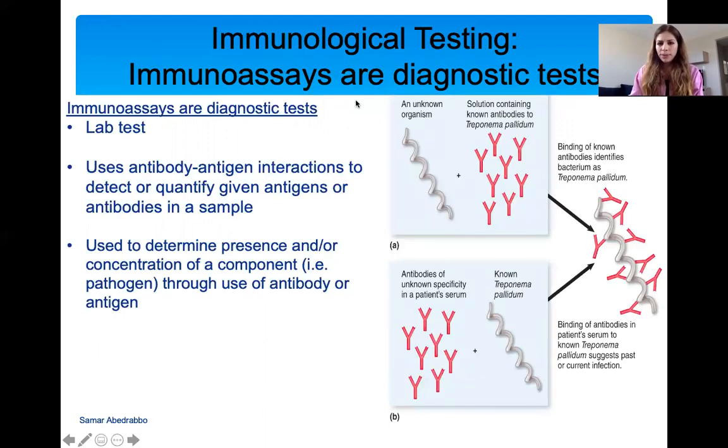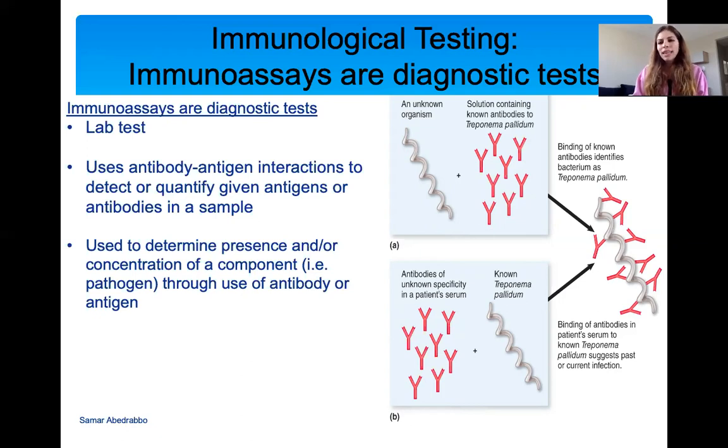Now we're going to talk about immunoassays. So we finished with vaccines. The other part of learning about your immune system, now that we talked about vaccines, is how we can use components of the immune system that we learned about to create really great diagnostic tests that we can use in hospitals and research settings. So immunoassays are lab tests that use antibody-antigen interactions to detect given antigens or antibodies in